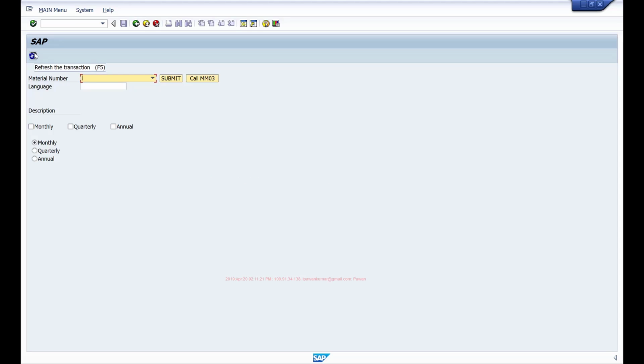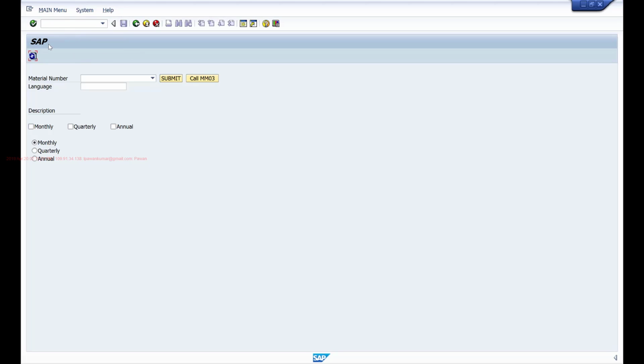And the good design practice is this application toolbar should be used as shortcuts to your menu. So don't keep any button here that is not already there in the menu. So whatever buttons you keep in the application toolbar should be available in this menu. There is no rule, it will still work if you don't have the button in the menu and just keep it separately here. But the good design practice is this application toolbar should be used as shortcuts to the menu. So any menu options that the user will be frequently using, those we keep as application toolbar buttons. So this is how you can load your GUI.